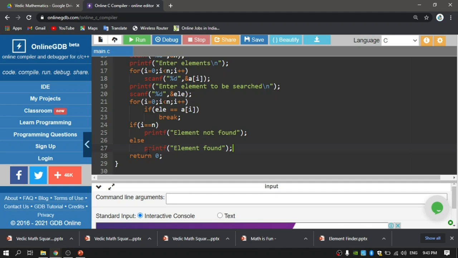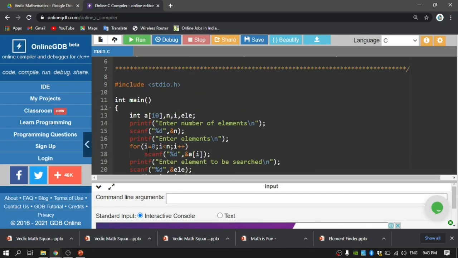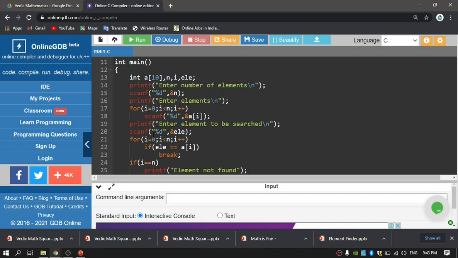Okay, let me have a recap of what I have done. I have taken A as an array which can store 10 elements, n the number of elements, i the index counter, and EL is the element that I am looking for. Here I have taken the value for n, and I am reading that many elements into the array, and reading the element that I would like to search for.